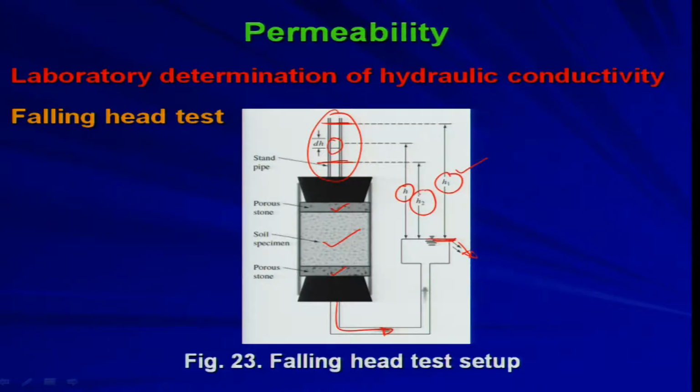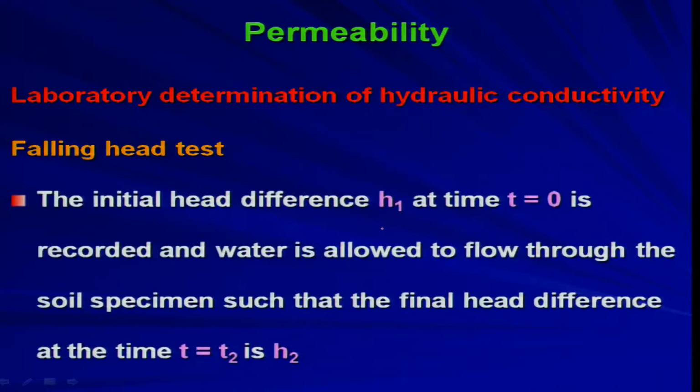Okay, and this H2 is your final level difference between the entry and exit level after completion of the test. So, you know the length of the specimen, you know other details from the laboratory experiment available with you. Now, the initial head difference H1 is what you are measuring at time t equal to 0, that is the initiation and starting point of the test. So, the initial head difference H1 at time t equal to 0 is recorded, and water is allowed to flow